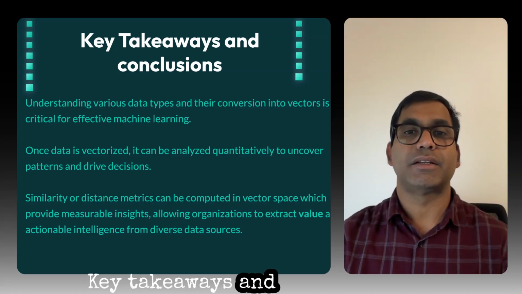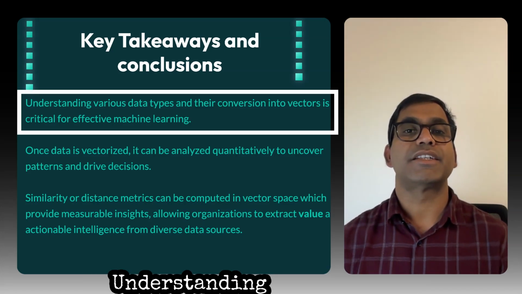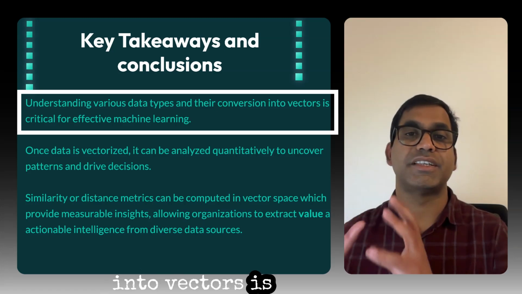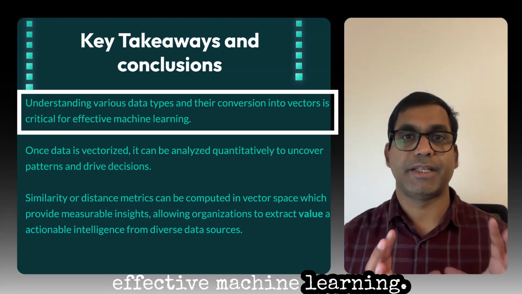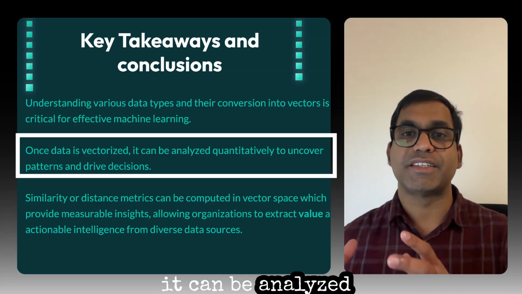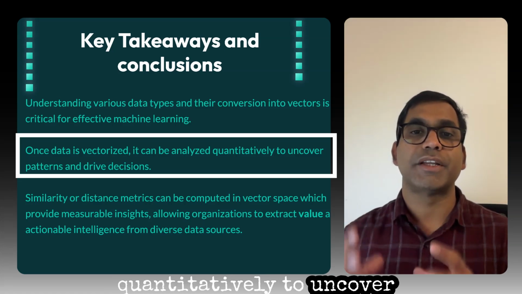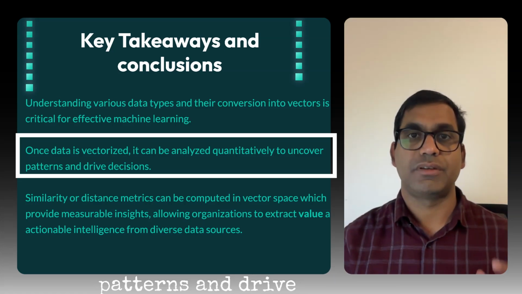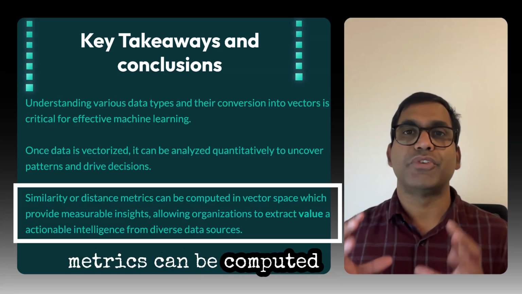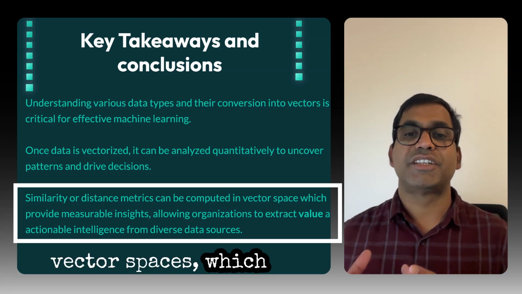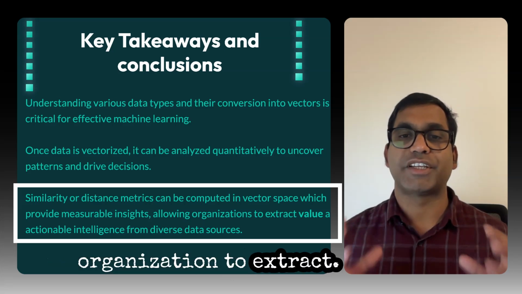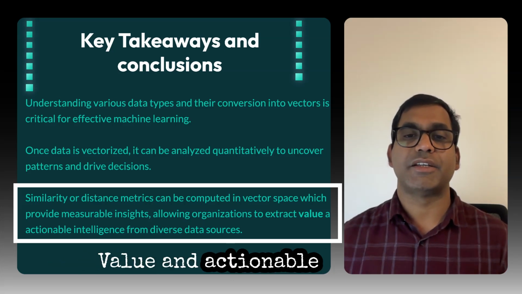Key takeaways and conclusions. Understanding various data types and their conversion into vectors is critical for effective machine learning. Once data is vectorized, it can be analyzed quantitatively to uncover patterns and drive decisions. Similarity or distance metrics can be computed in vector spaces, which provides measurable insights, allowing organizations to extract value and actionable intelligence from